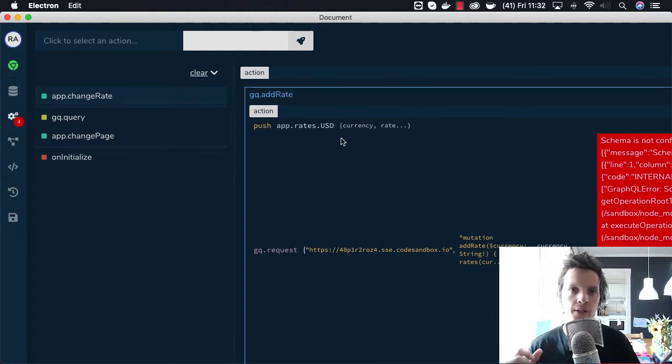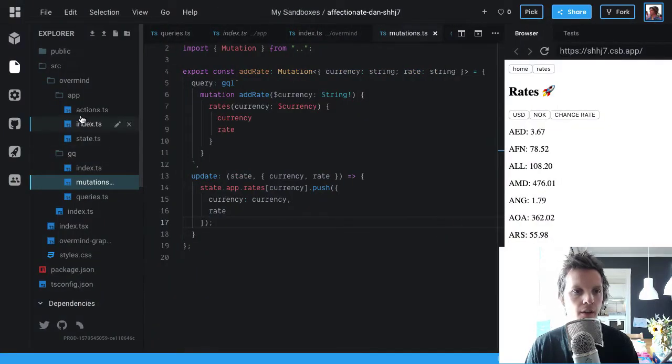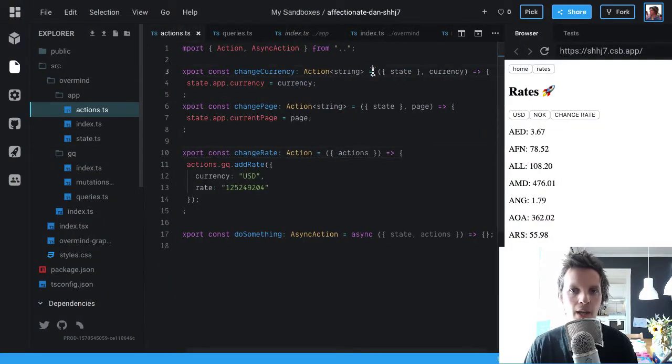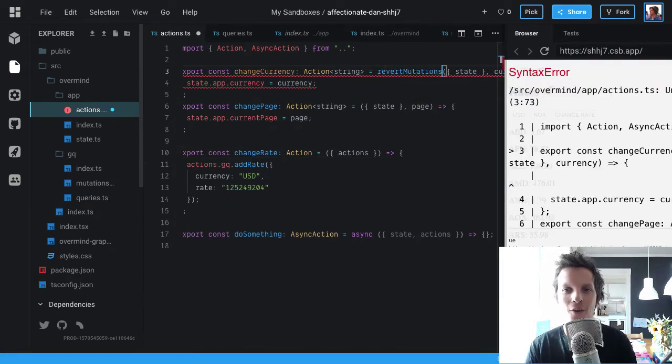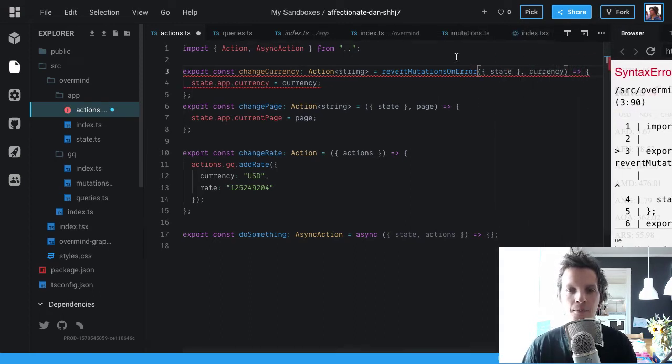The cool thing about this is that we can actually make this possible for everything. So for example, if you were to define an action in your app, we could have something like revert mutations on error. Kind of like that's what it's doing. And it's exactly the same kind of action. Even if you do stuff asynchronously, it doesn't matter. We have full control of that. So if there's some kind of error thrown inside this action, it will just reverse all the mutations that were